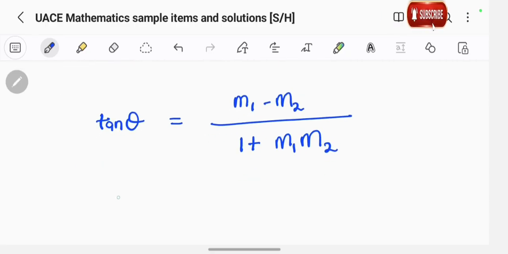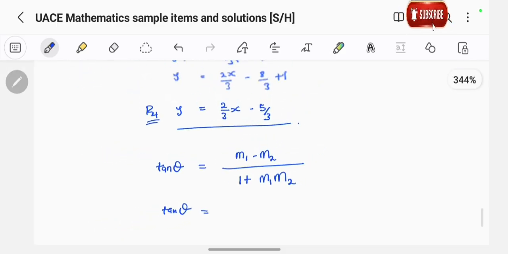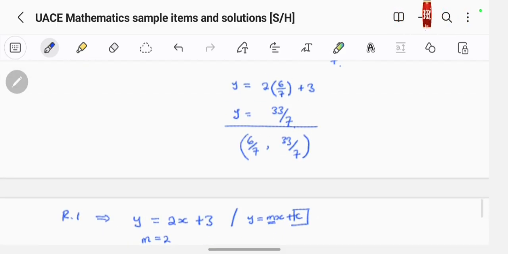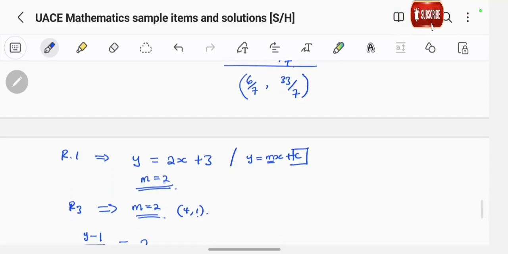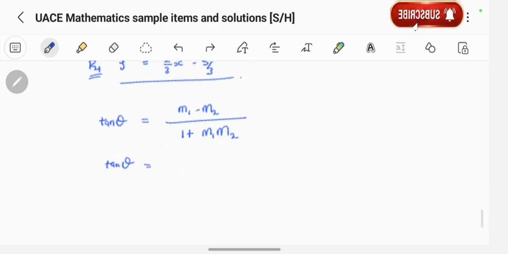So this means that tan theta is equal to, what's m1? We saw that line 1 or R1 has 2 as its gradient. So I'm going to use that 2 here as my m1